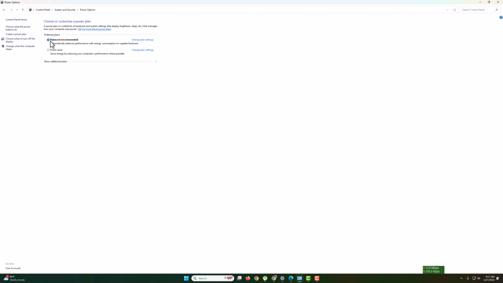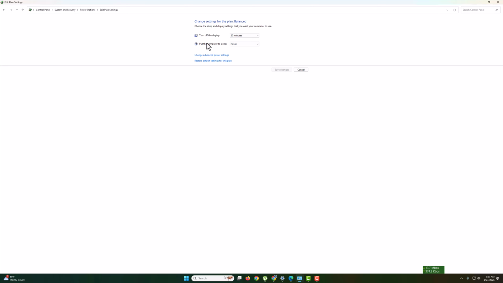If you click here on Power Options, you will see the Balanced (recommended) plan, Change plan settings, and you will see here the Turn off the display setting. So you can set the timing to 10 minutes. So you just set 10 minutes, after 10 minutes the display will turn off, but the computer will never